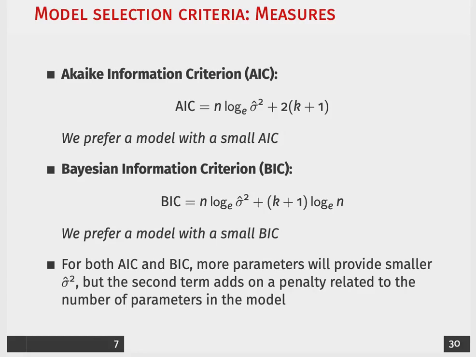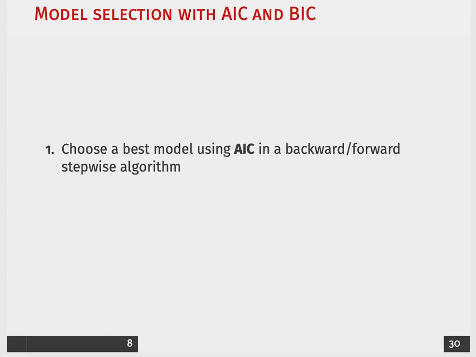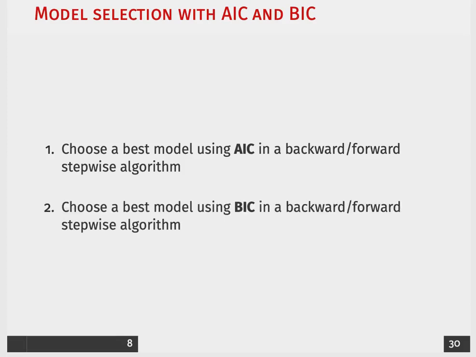But the second term adds on a penalty related to the number of parameters in the model. Now, it just does it more extremely with the BIC because we're multiplying it by log n instead of 2. And typically what we're going to do is use backward or forward stepwise deletion or addition using AIC or BIC as the criterion with which we will add or remove variables. And we'll walk through an example in the next